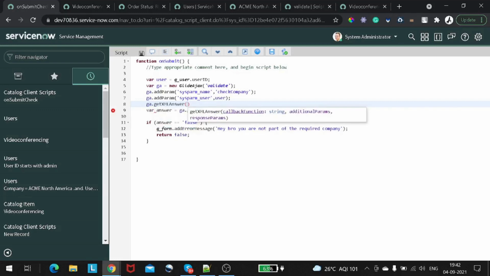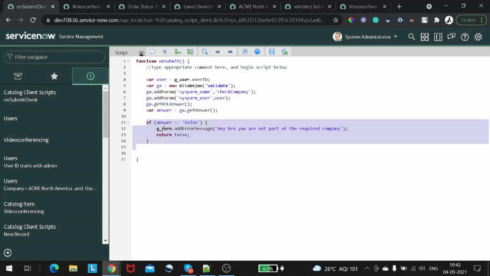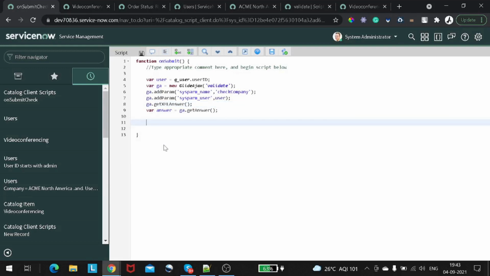getXML answer, which is an asynchronous method, okay. Now if we go with this method, the problem is that it will call the server side code and proceed with the further execution. It will not wait for the server side call to happen and to get the result, right? So what we can do in this state, we can remove these things, and we can simply return false in the start,